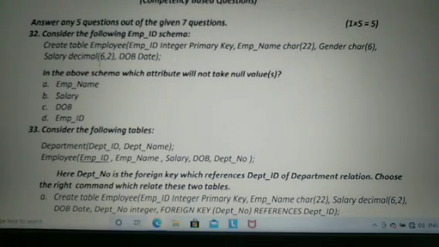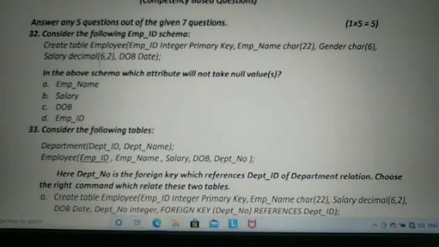Okay. Next section C, that is competency based questions. A little bit you have to think here before answering the questions. So here also you will get 7 questions. Out of that 7 questions, you have to answer only 5 questions. Okay. Question number 32. That is the first question from section C.